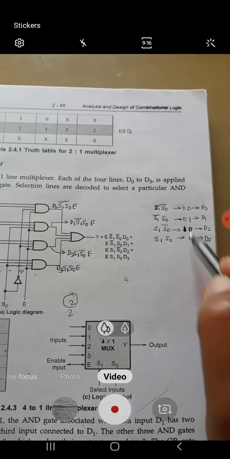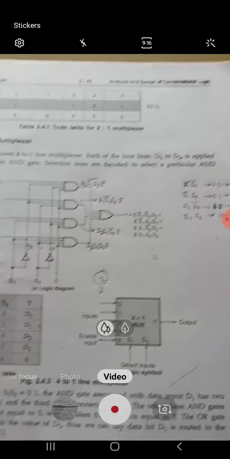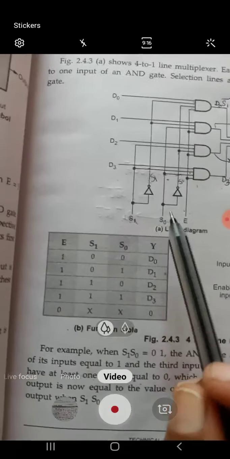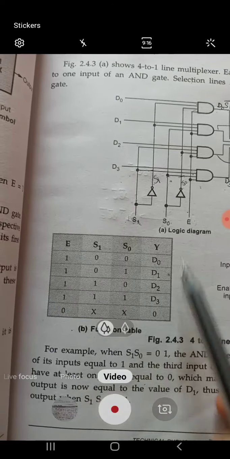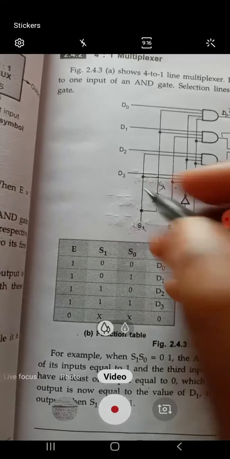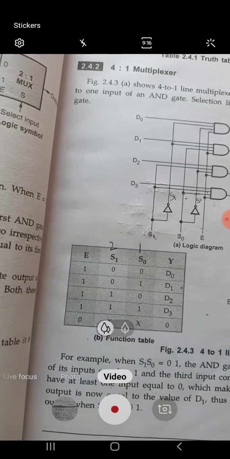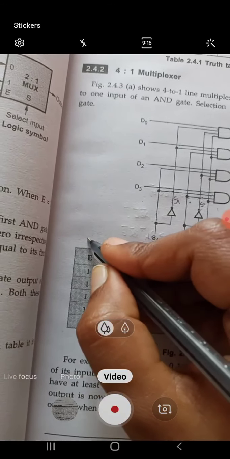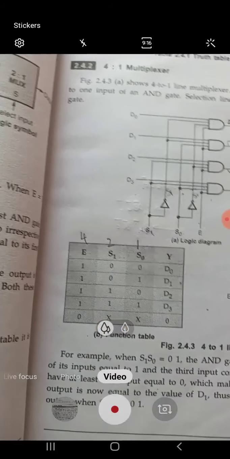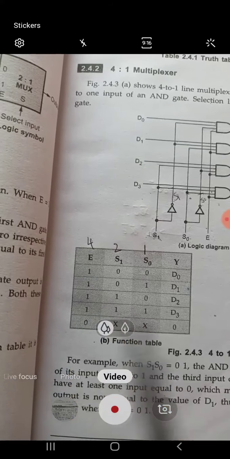You got the values over here, D0, D1, D2 and D3. The same thing, if you want to represent it in the form of a truth table, this is how you have it over here. 0 1 0 1. It is changing by how many bits? This is changing by 1 bit. Here it is changing by 2 bits. And here it has to change by 4 bits. But since you have only 4 combinations, you have to write only 4.